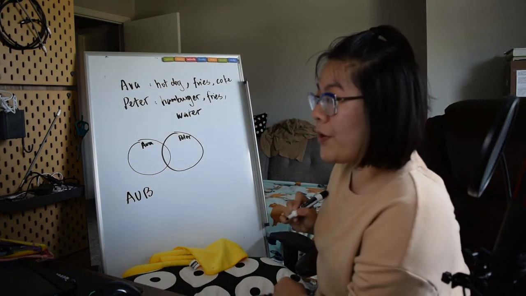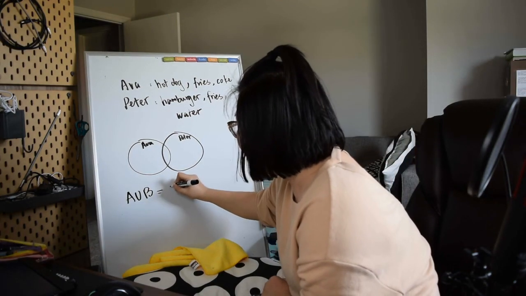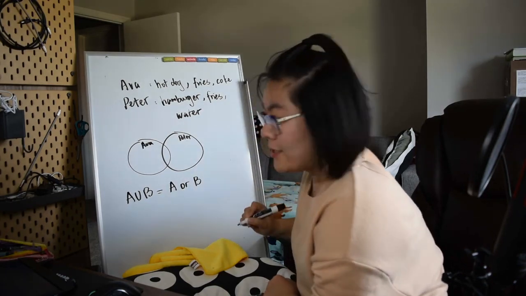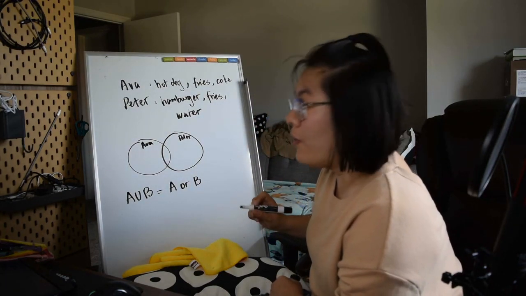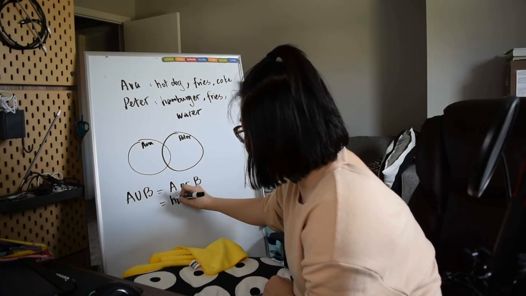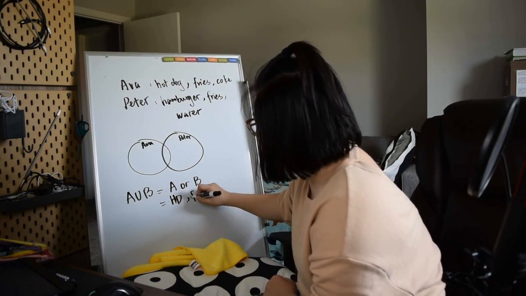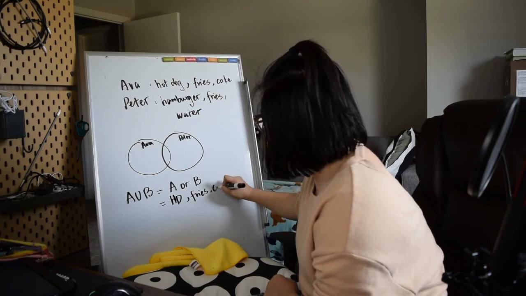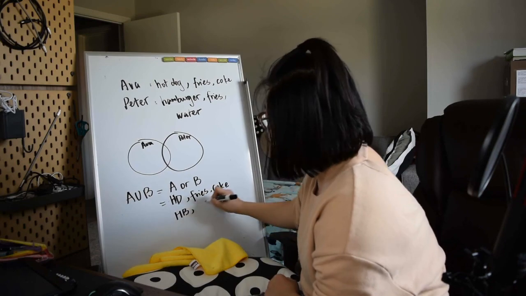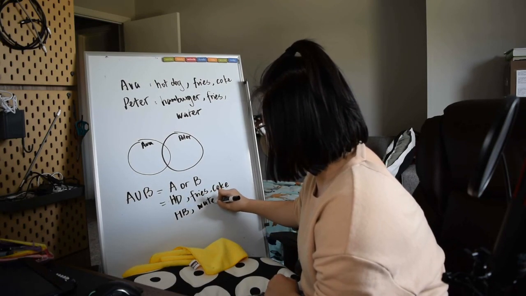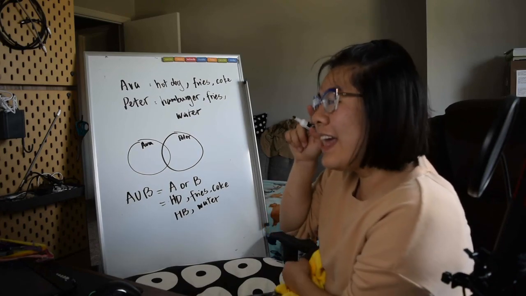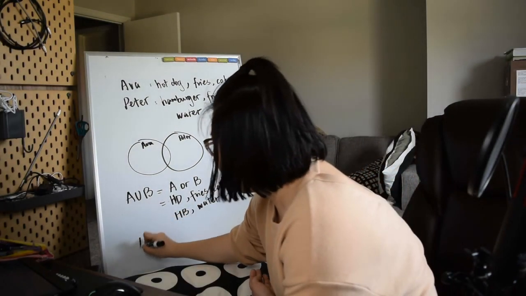Okay, so this is A union B, which is equivalent to A or B. So over here it is Peter or Ava, so they have hot dog, fries, Coke, hamburger, and water. This is your A union B, okay? And A and B